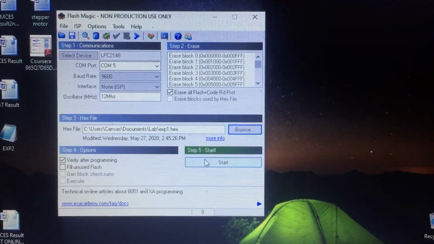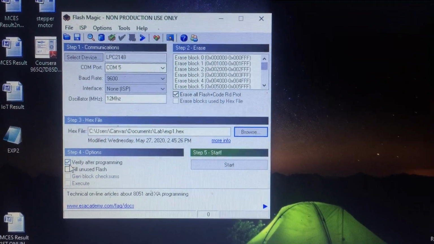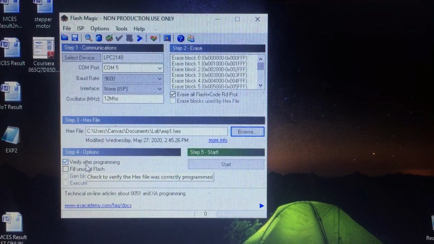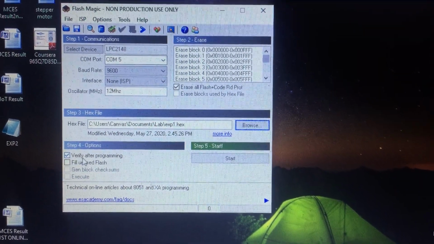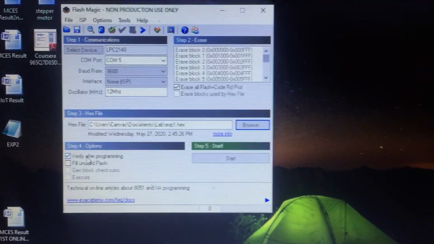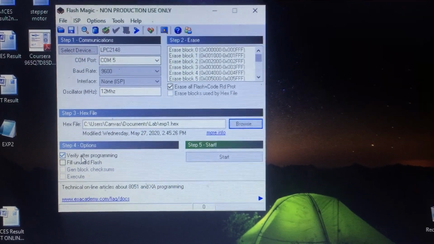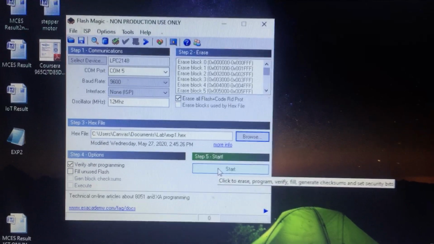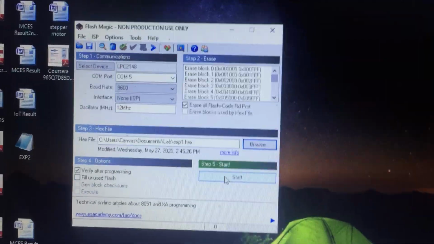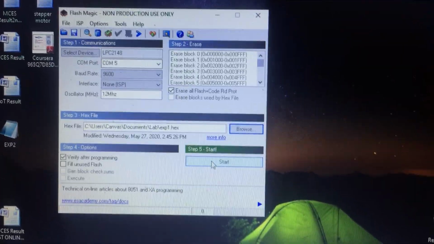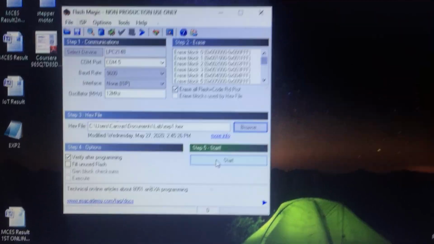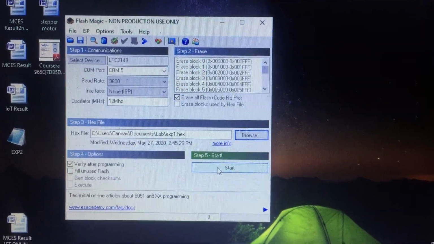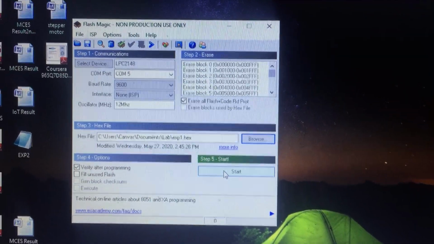Then you have to select this option also, verify after programming. These are the steps. You need to follow these steps properly, and then say start. When you say start, it will dump our particular code into our microcontroller kit, understood?